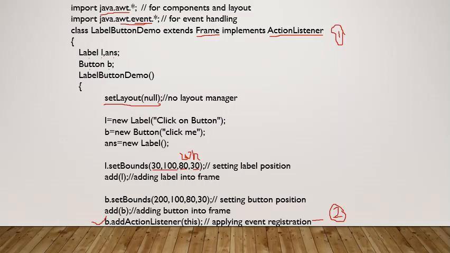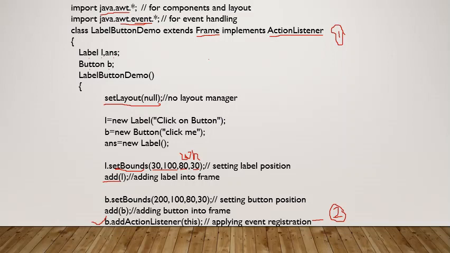So on the label L I have used the setBounds method, which fixes where you want to place it, and after that I am adding it to the frame. Because I am inheriting Frame, add(L) gives the effect of adding this label onto the frame.